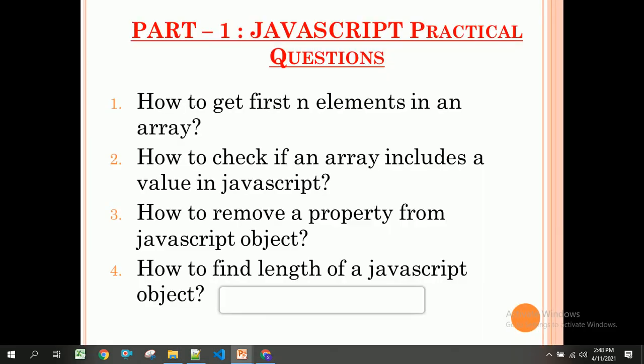The fourth question we are going to see is how to find the length of a JavaScript object.